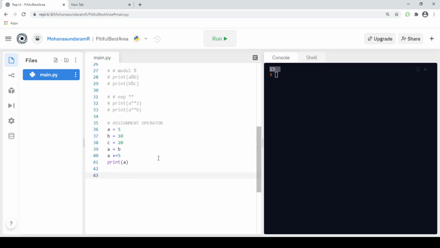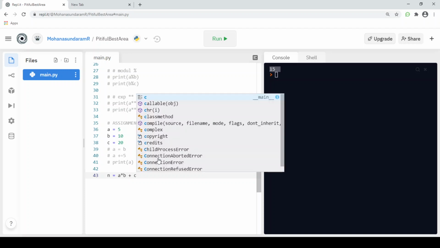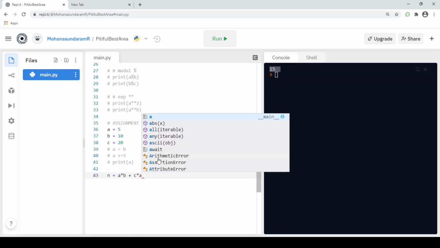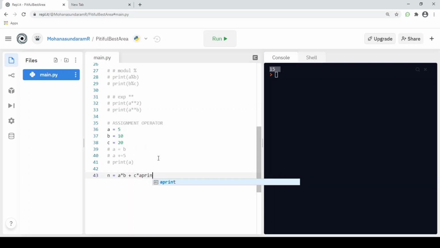What I'm going to do is have three variables: A, B and C. First I'm going to create a new variable N. Now I'm going to multiply A and B. Next I'm going to add this value to C. Next I'm going to multiply C with A, sorry. And I'm going to print N.